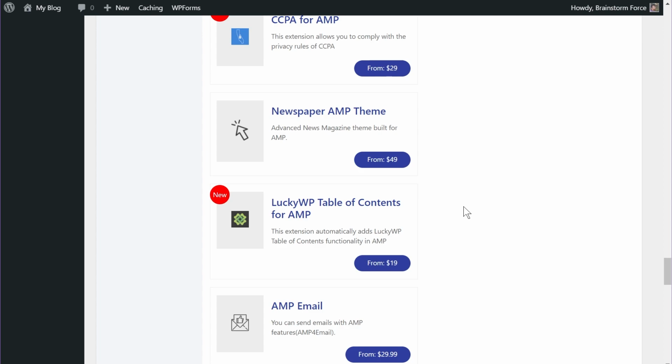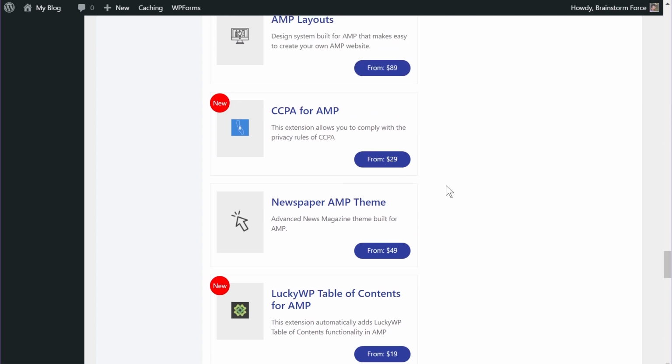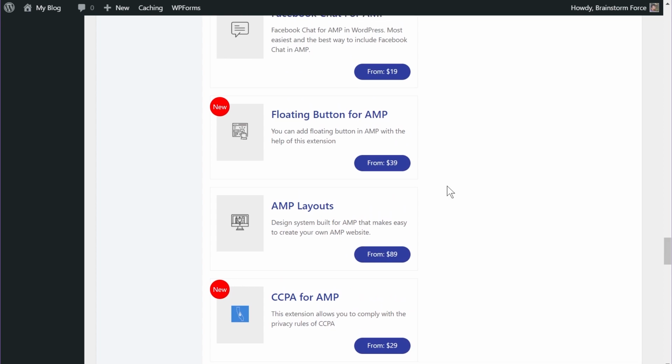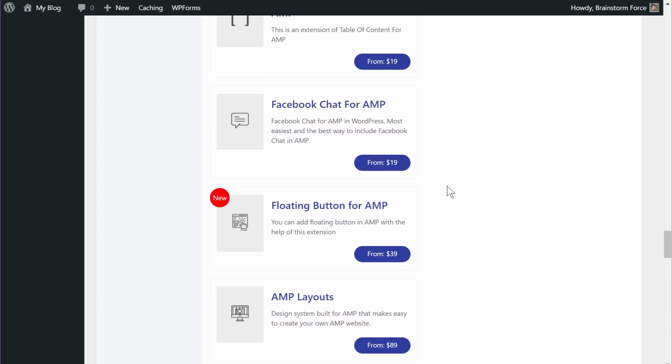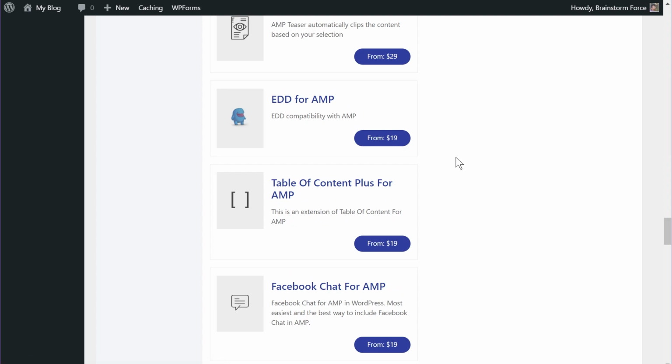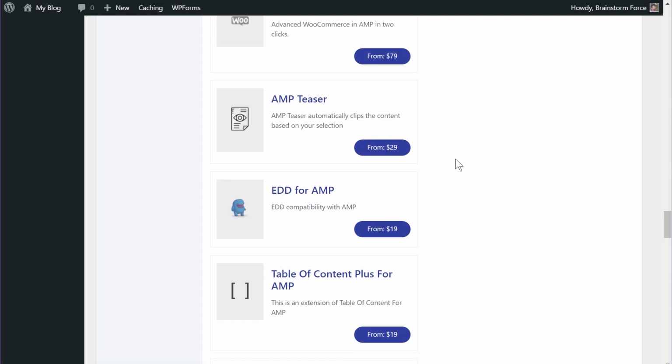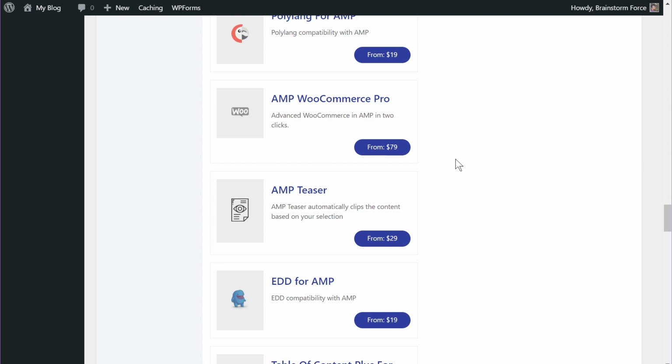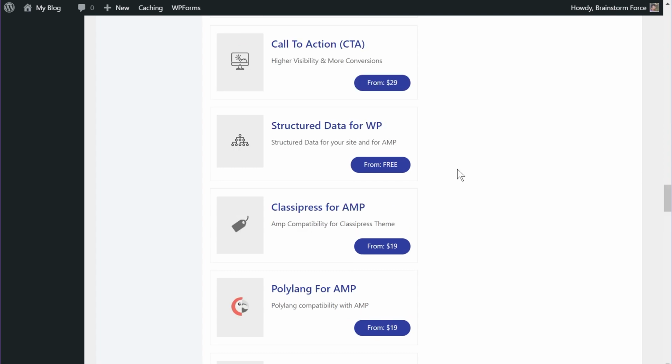So it's your call if you want to purchase individual plugins or take a membership plan. Definitely, I would say that the membership plan is much more value for money because you have so many different plugins to choose from. Otherwise, if you individually invest in this, I'm definitely sure that you'll spend more than $149 per year, which is the price of the membership. So in my opinion, the membership option is definitely worth it, and you should check it out and make a call based on your business goals and what you want to do with your website.